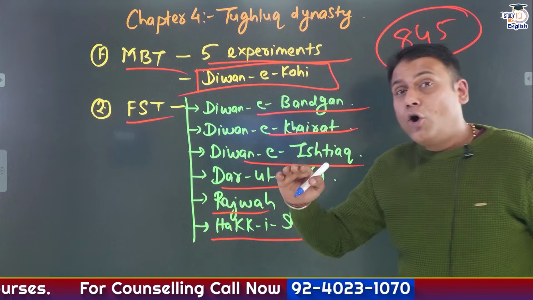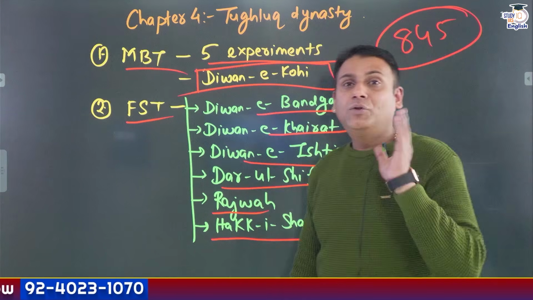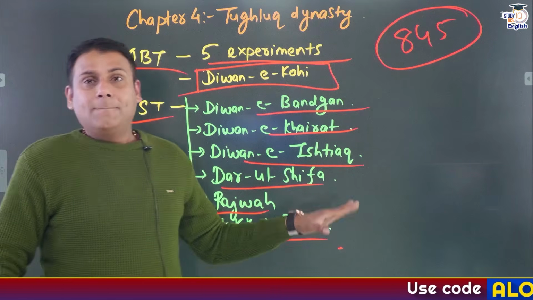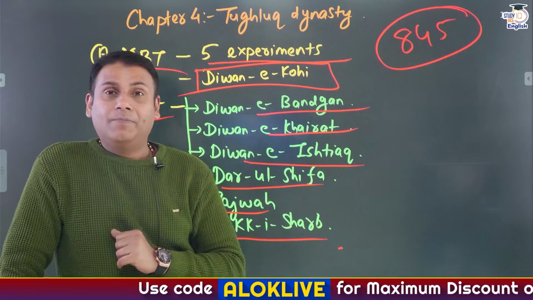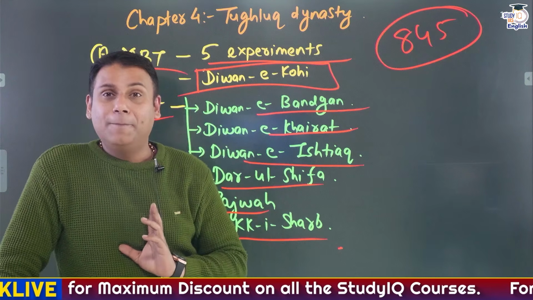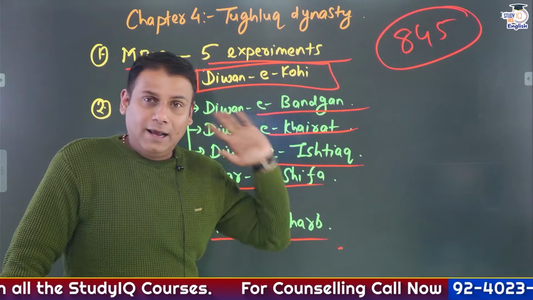Then he also promoted horticulture, and more than 1200 gardens were constructed around the region of Delhi by Firoz Shah Tughlaq. Got it? Firoz Shah Tughlaq made the Ikta system hereditary. He brought the Ashokan pillars from Meerut and Topara to Delhi. Is that clear? So study about Firoz Shah Tughlaq in detail.